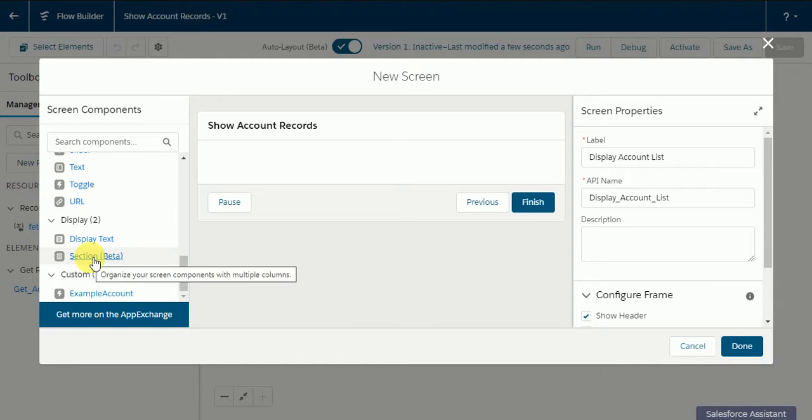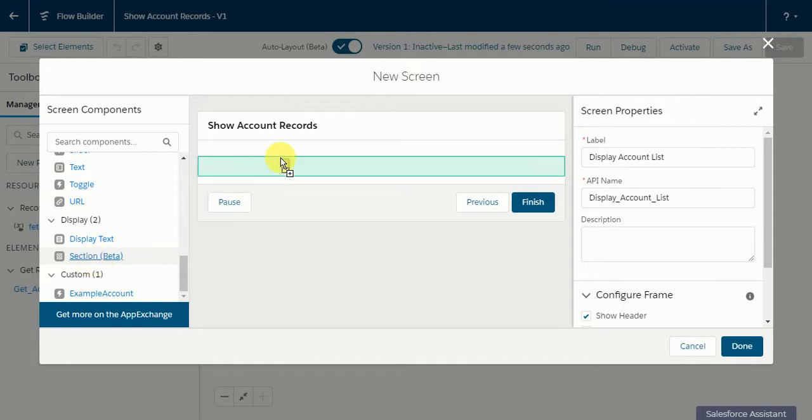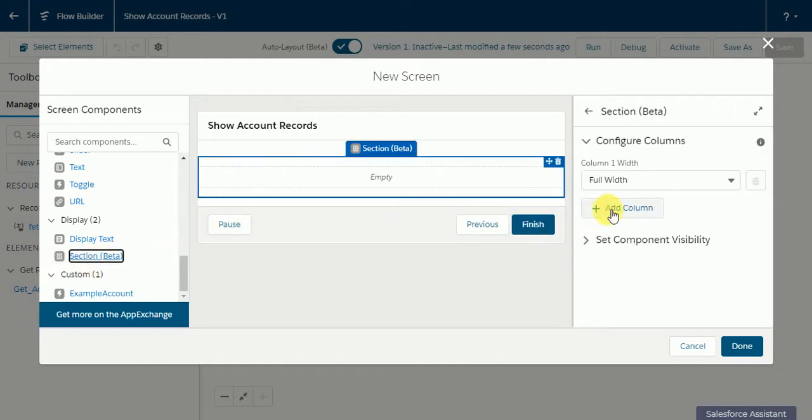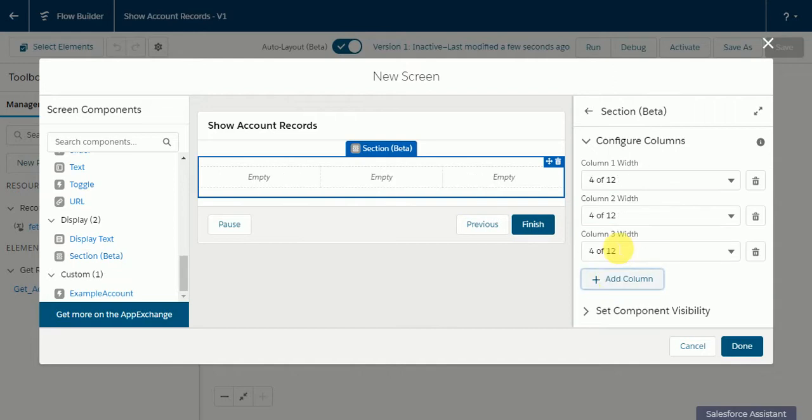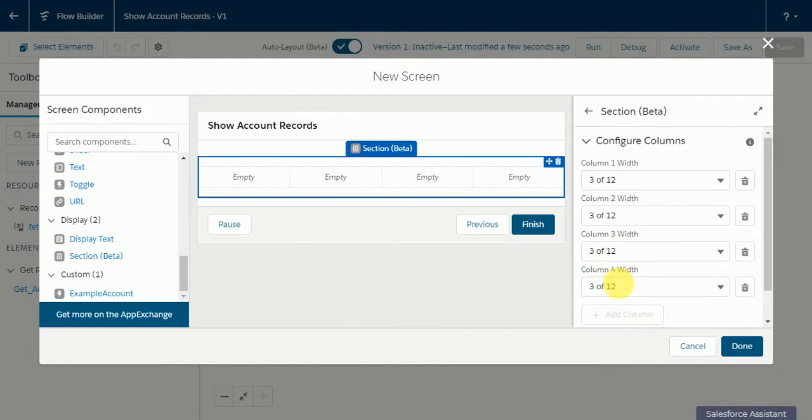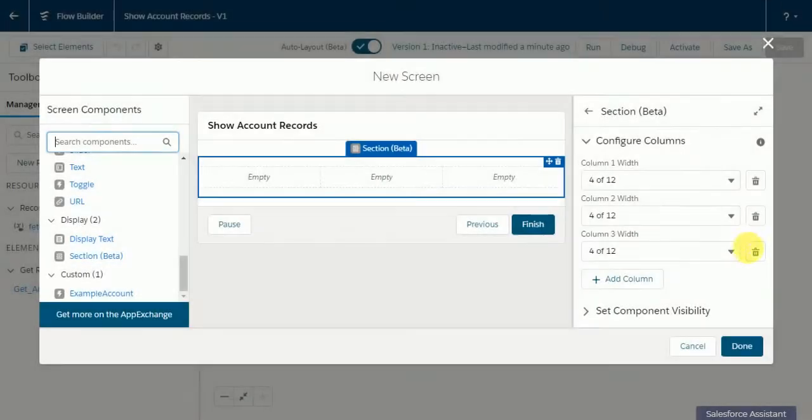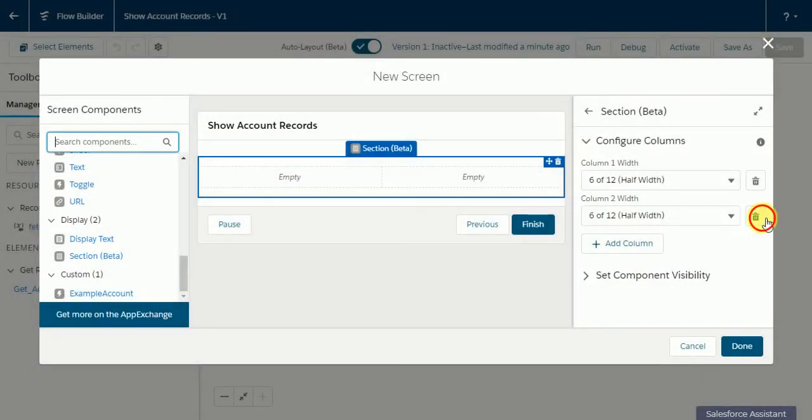I think there is a new feature called multi-column. We can show multiple columns in a screen flow, so we can make use of this section and add as many columns as possible. But in this demo, I'm going to use only one column, so I'll delete all the remaining columns.